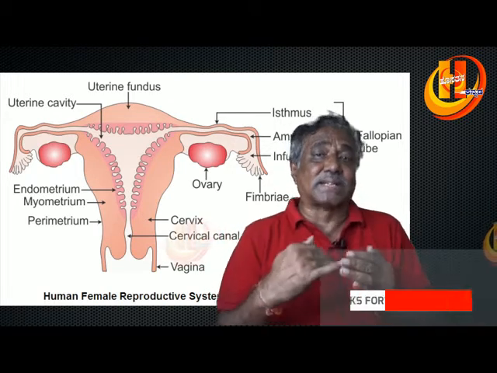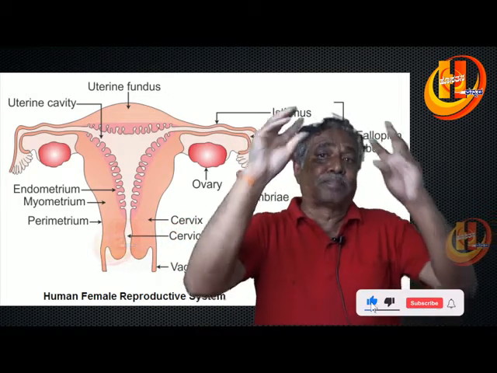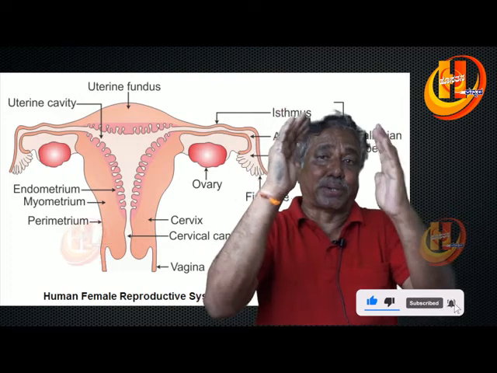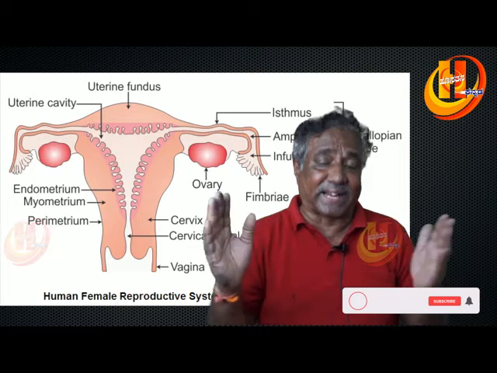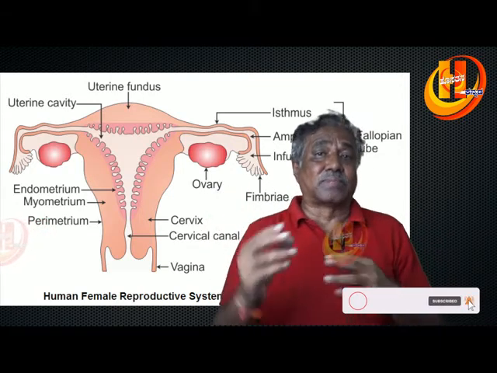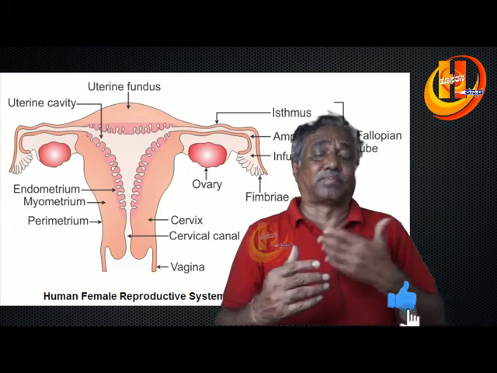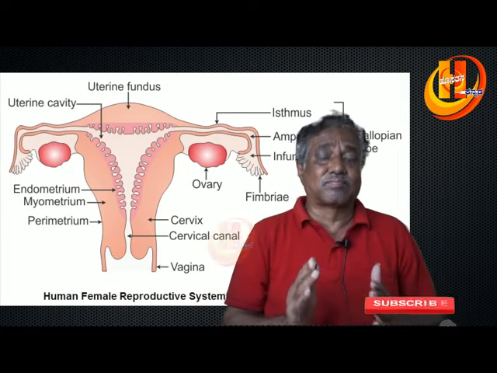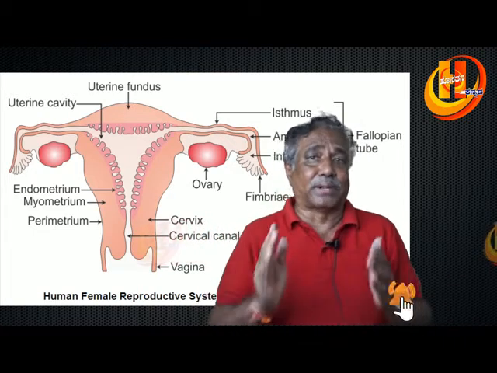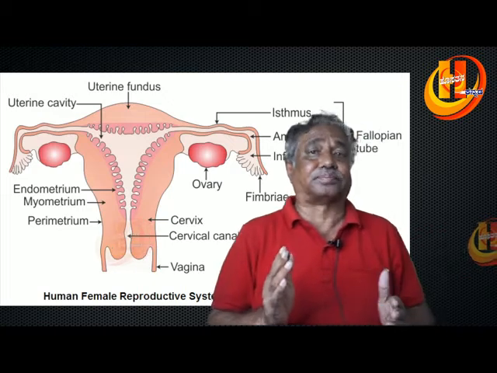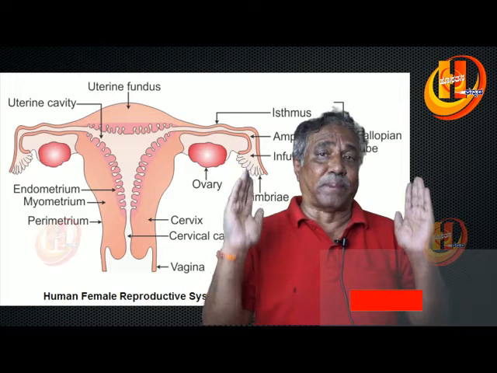So the cervix is a small opening, and the mons pubis is a fleshy, muscular tissue from which pubic hairs arise, and there will be a hymen within the vagina. So these are all the other parts associated with the female reproductive system, that is, a pair of ovaries, and then fimbriae,